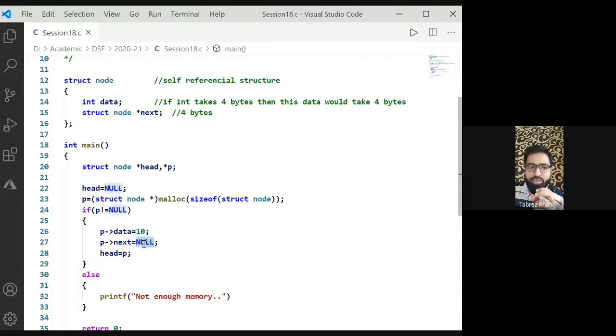We set the next pointer of the node to null, and then we simply made the head pointer of the list point to that node. So this is something like the only node in the list. This is just to understand it at a very basic level. Otherwise, the way we discussed in the last session, we shall be implementing different functions to perform different operations